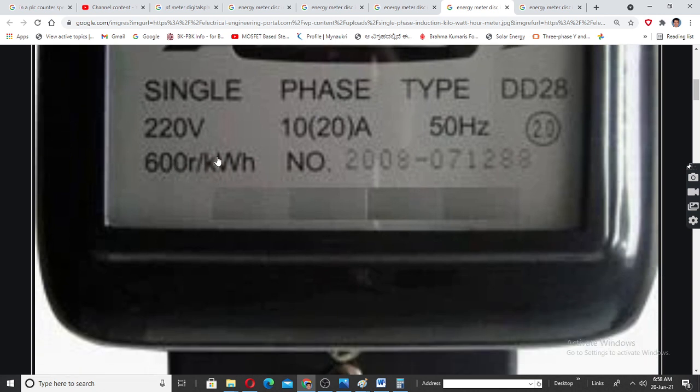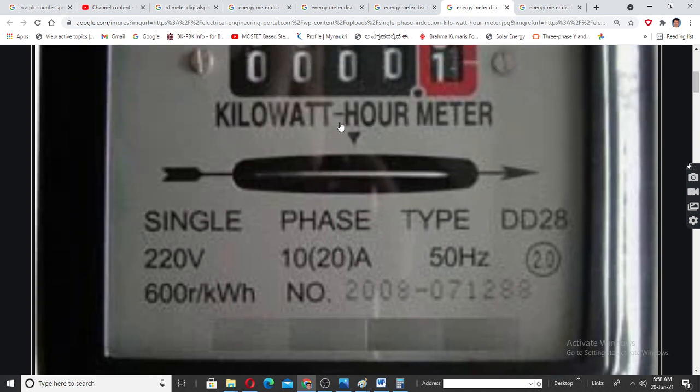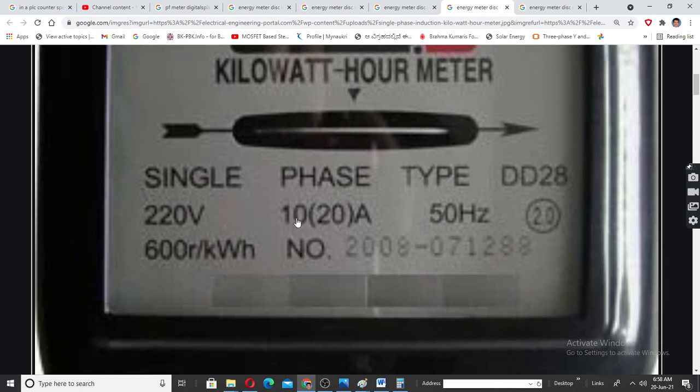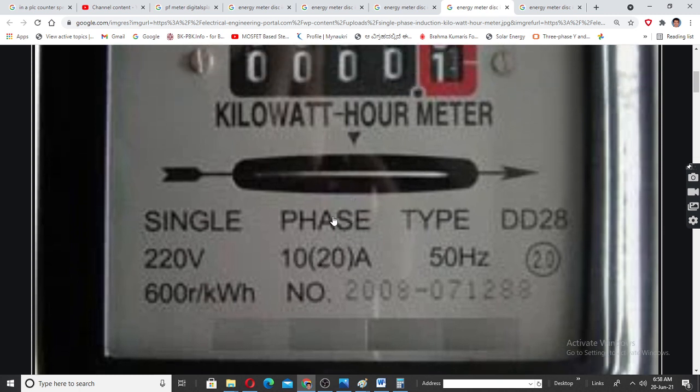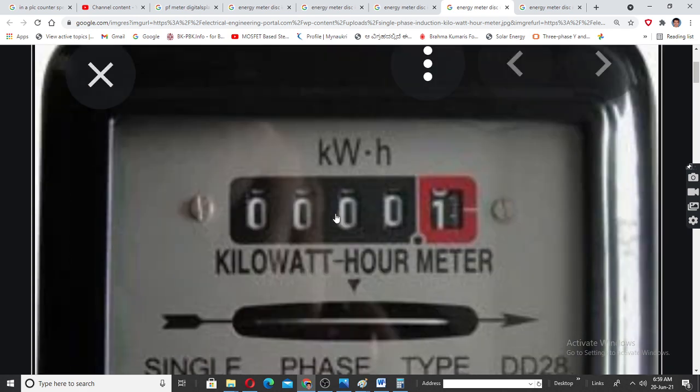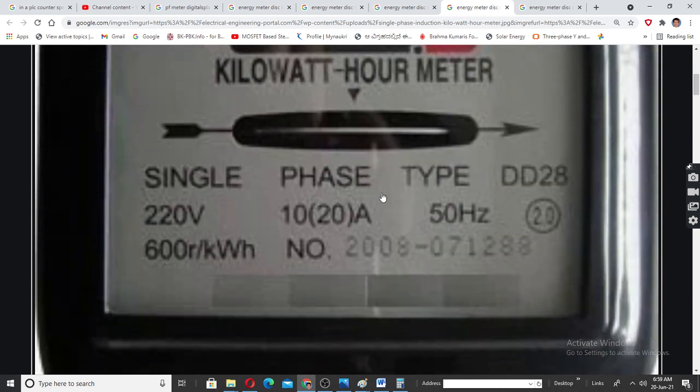See here, it is written 50 hertz. 10 to 20 amperes for better values. It will give good readings for this current range. And voltage is 220 volts single phase. This is the serial number of the manufacturer. This is the type. I am not sure about the type. Okay, you should know